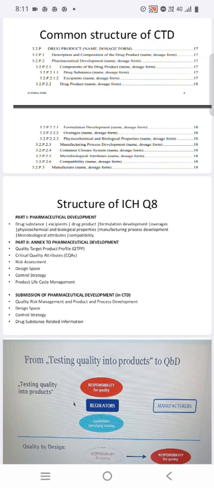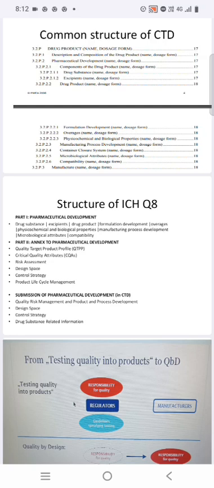Next, critical quality attributes, CQA. CQA stands for critical quality attributes. Next, risk assessment, design space, DS, and the control strategy for the quality products by using QbD and product life cycle